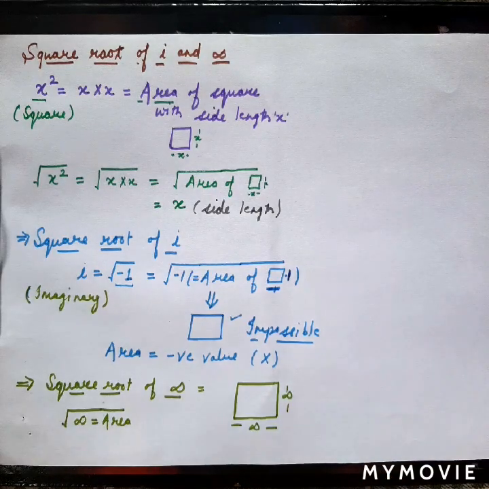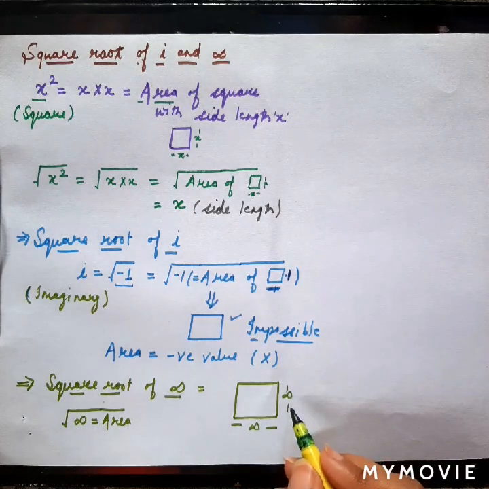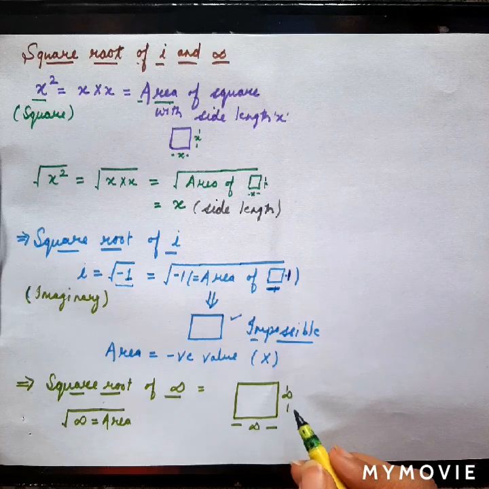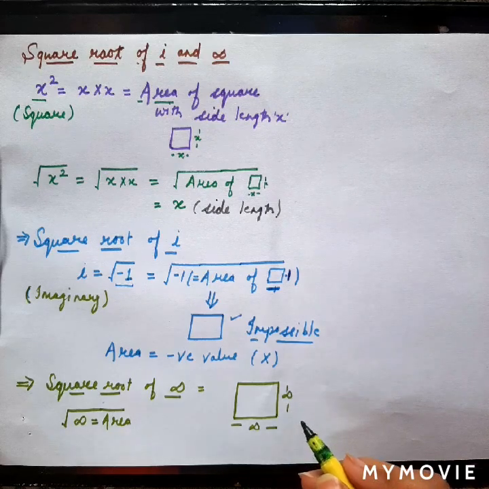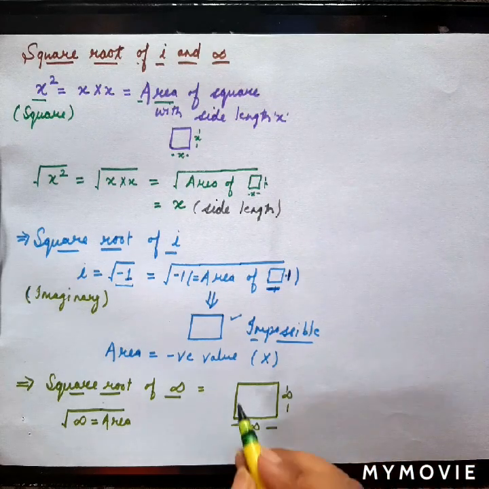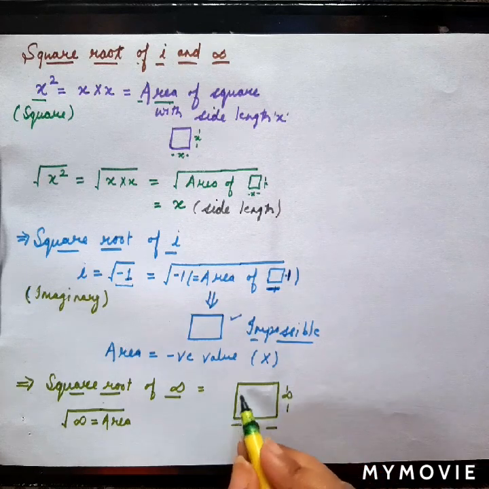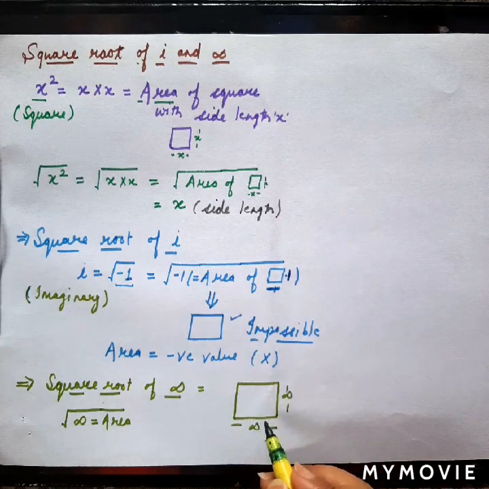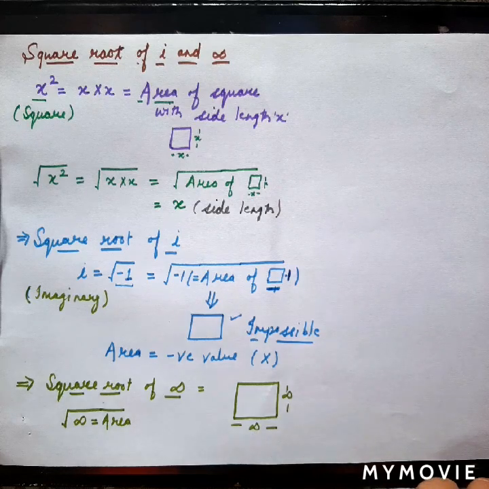This is also impossible actually, because what is the meaning of infinite? It means that the side length or the area is beyond our reach, we cannot reach that square. And if we suppose that we make a square of side length equal to the diameter of the earth, then also it will not be infinite, because that value is also finite. We can define that value, we have some numbers for that, so this is infinite.